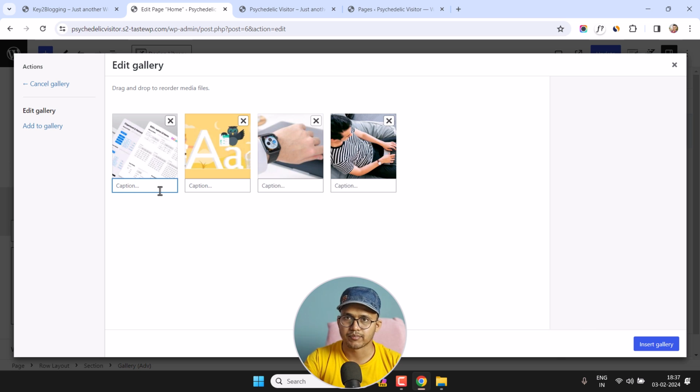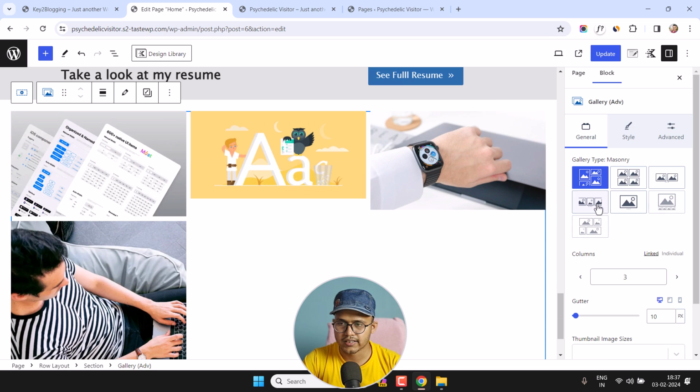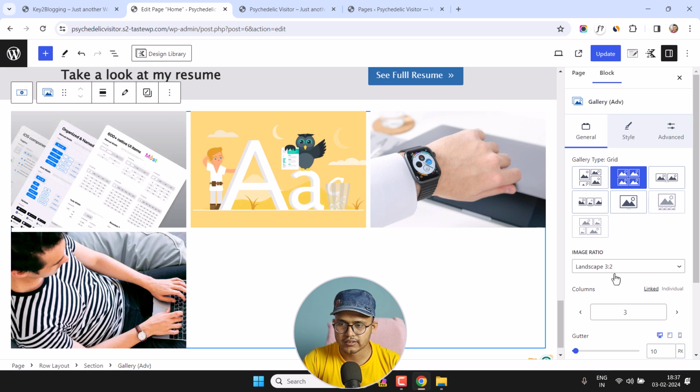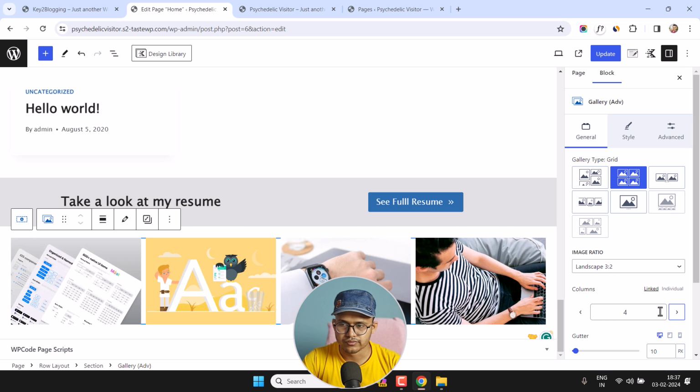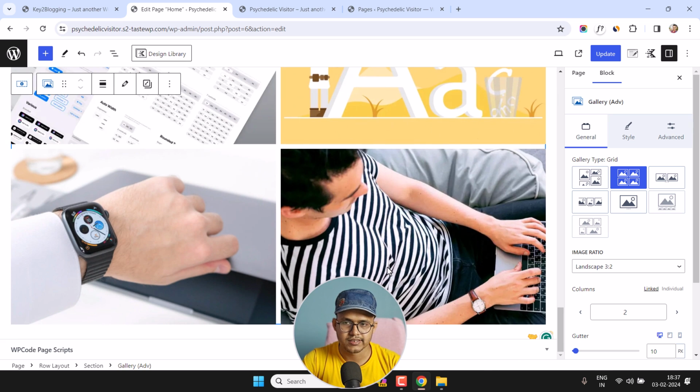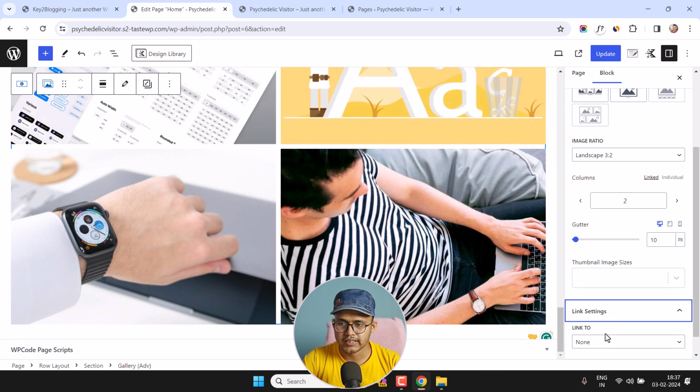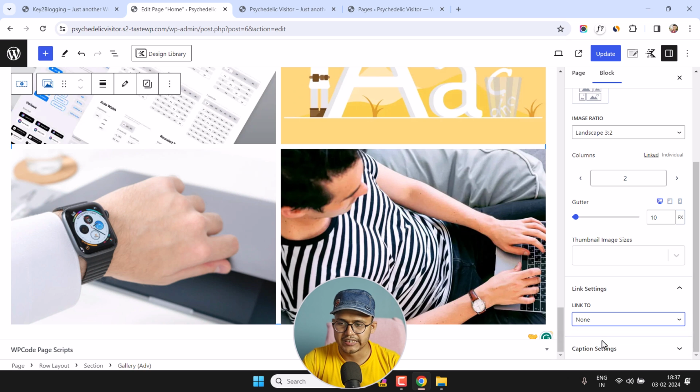Now you can set the caption to the images as well, like I can set it like project 1, and I can do the same. And I will set it to 4, project 3, let's set it to project 2. Let's click on insert gallery and let's select this option and let's select 4 column, or let's select 2 column here like this. Now let's scroll down here, and in the link setting I can select it to media file,